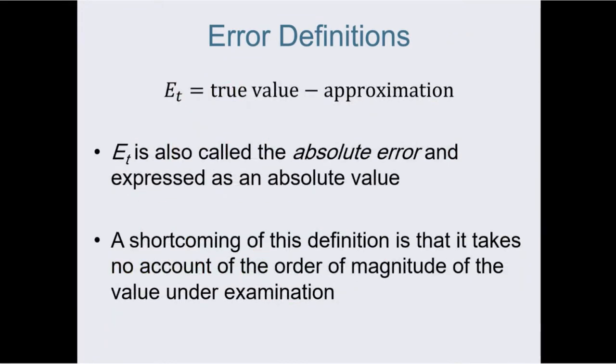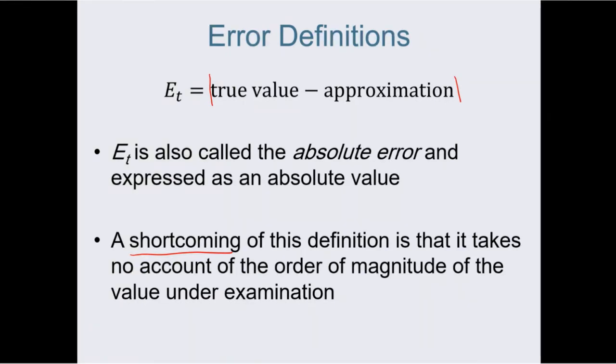So that's the definition. ET, the true value minus the approximate value. It is absolute when you have an absolute sign on it. Now, one shortcoming or one problem that we have with such a definition of error, which is the true error,